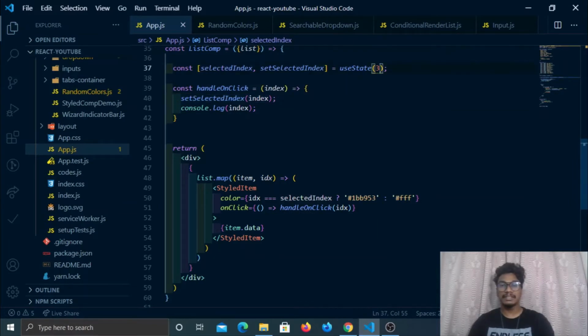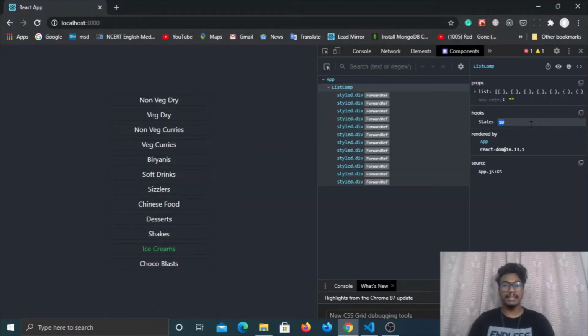10. So this is just the initialized one, which is 3, something like a constructor where it just initializes, but the rest of the times it's not coming to 3 until and unless I click the third index all over again. So now the set selected index is changing the selected index value to what? 10. That's the reason why I'm seeing my state 10.